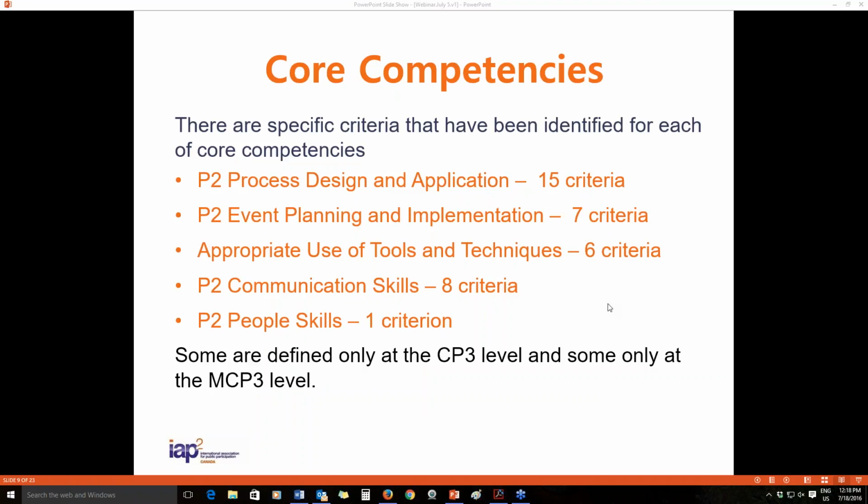So there are specific criteria that have been identified for each of the core competencies, and we have 15 criteria under the process design and application. We have 7 criteria under the event planning. We have 6 criteria under the use of tools and techniques, 8 criteria under the communication skills, and 1 criterion under the people skills. Some are defined only at the CP3 level and some only at the